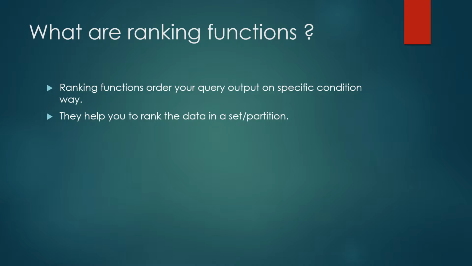They also help you to rank the data based on a specific partition. So let's say you have sales data and you want to order the states on the basis of last update date, like which state had submitted the sales information, latest to oldest, for a given country. Then you can do a PARTITION BY country, and then you can do ordering at a state level on the last update values.